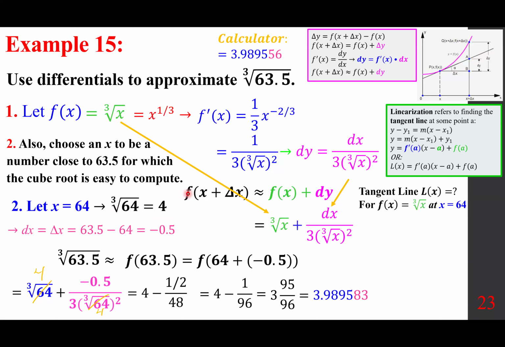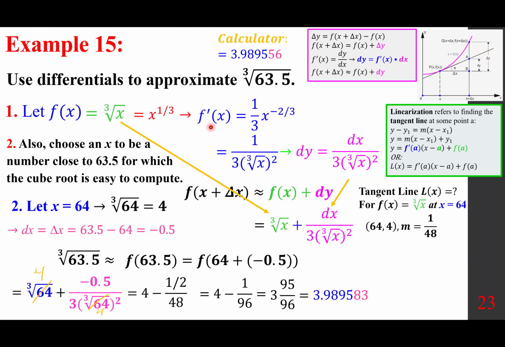But what is the slope? You go back to f prime, this one is easier to calculate. So if I replace the 64 here, I get 4. Square it, 16 times 3 is 48. 1 over 48 is the slope, everybody. So f prime of 64 is